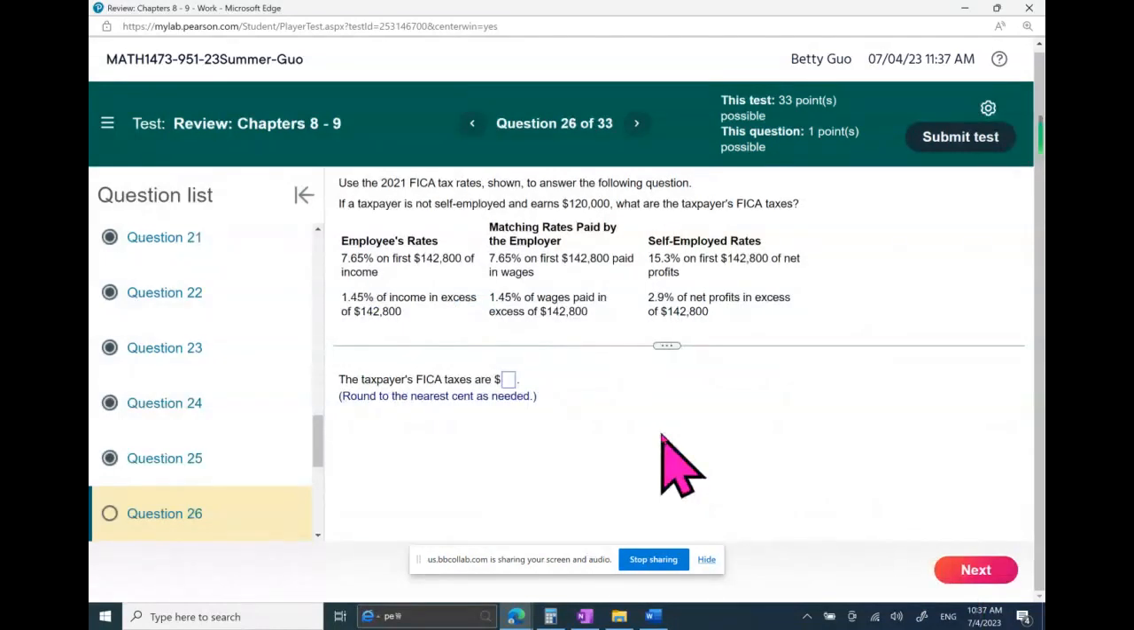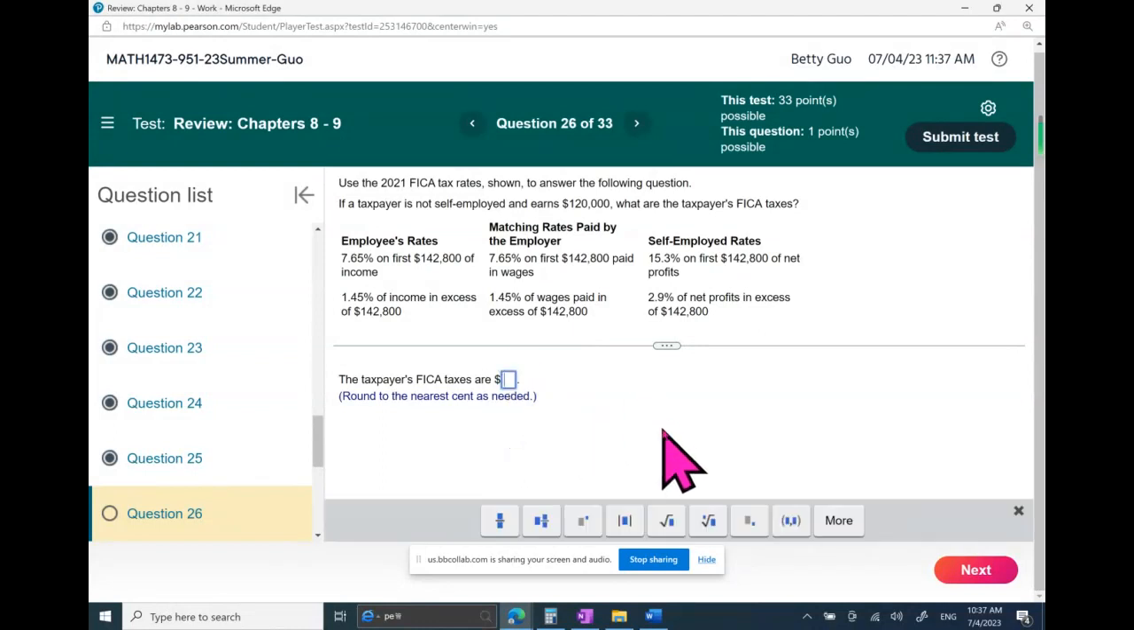This is about FICA. Okay, so two categories. Actually, three categories. The middle one is the employer, but for a certain person, he only looks at one of the two columns. So let's see if this guy is self-employed or not self-employed. The taxpayer is not self-employed, so we look at the first column, and he earned 120 grand gross income. So what's his FICA? I think I need to